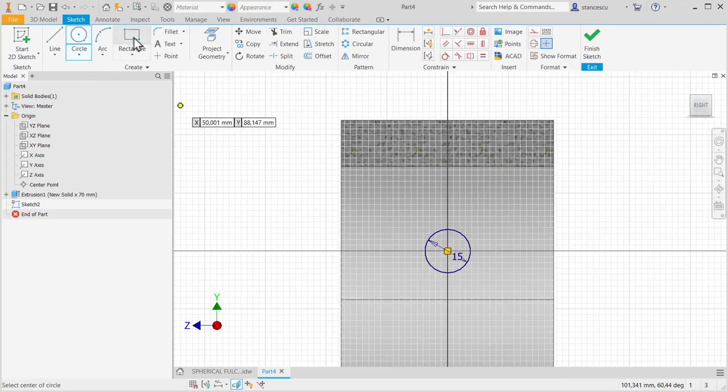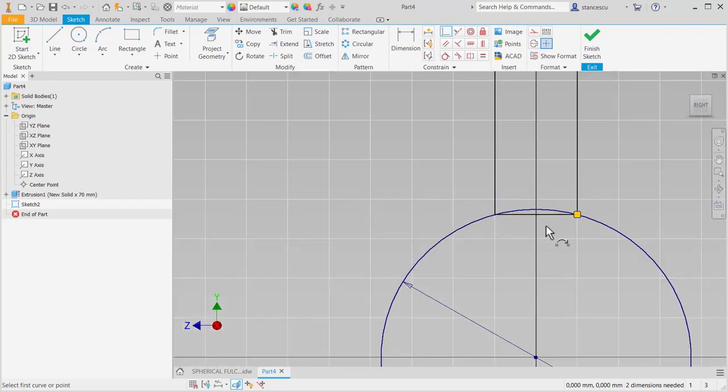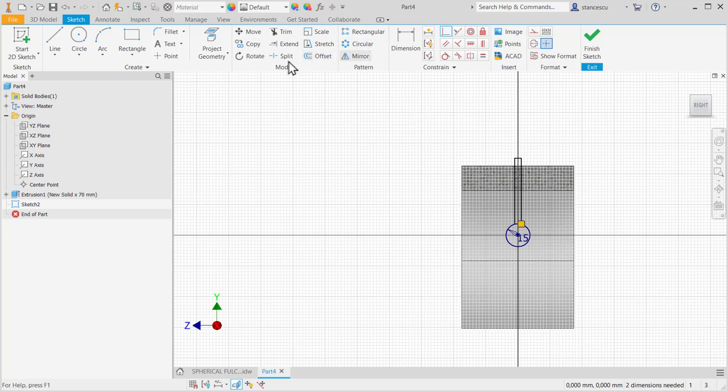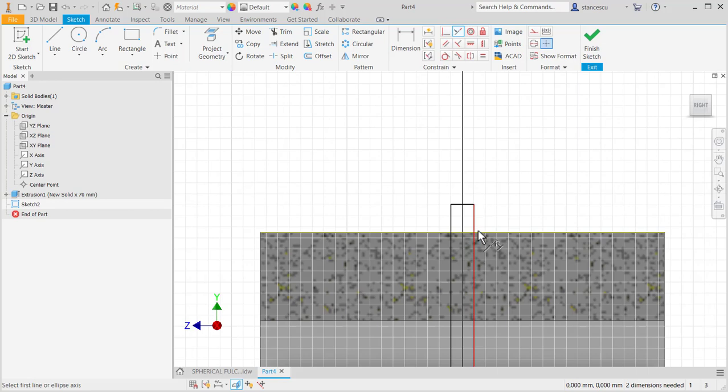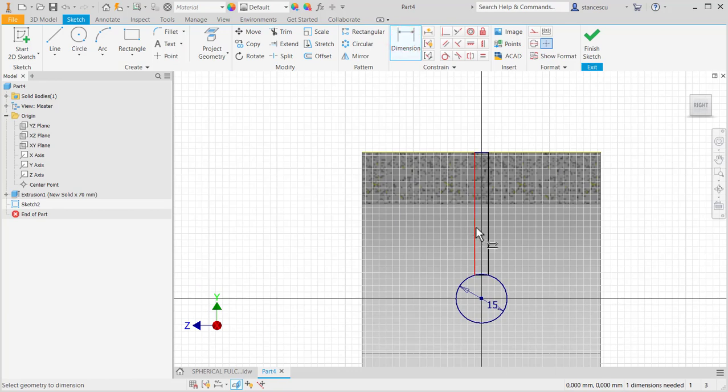and now a rectangle. This point is coincident with the circle, but this other one is not. Now it is. Yes, both are on the circle. Project geometry, apply collinear between these two, and 8 here, but this is not the final,